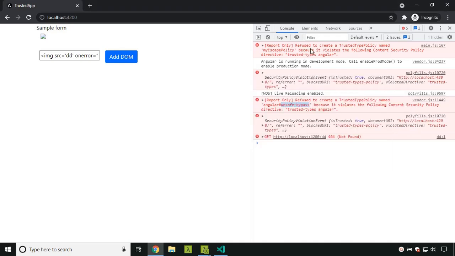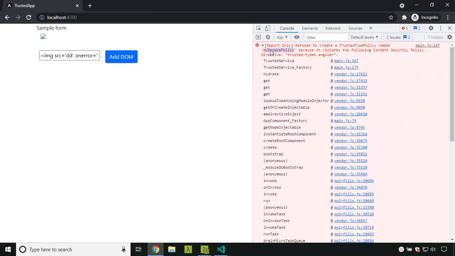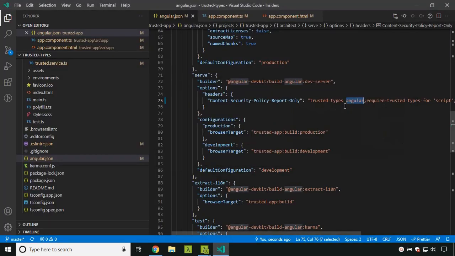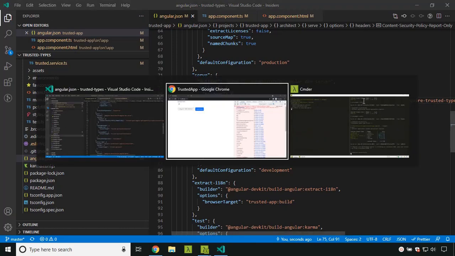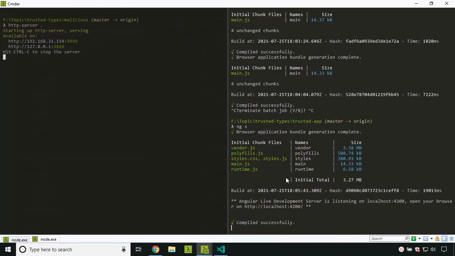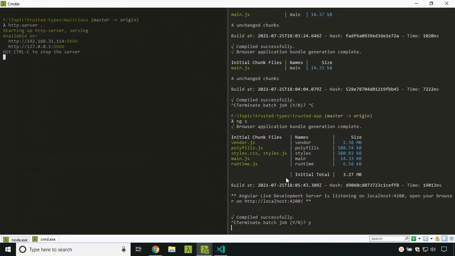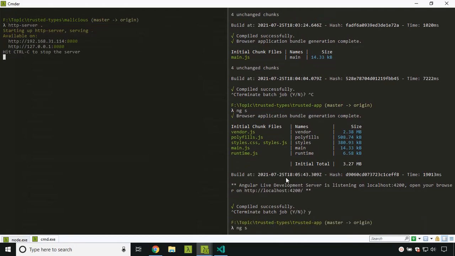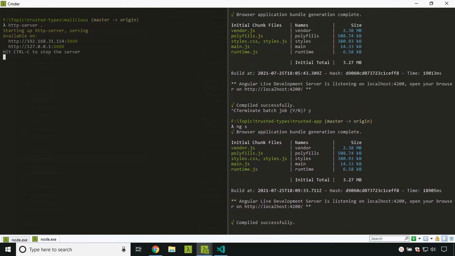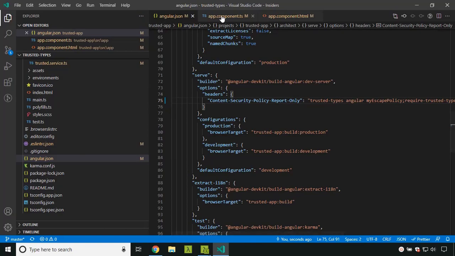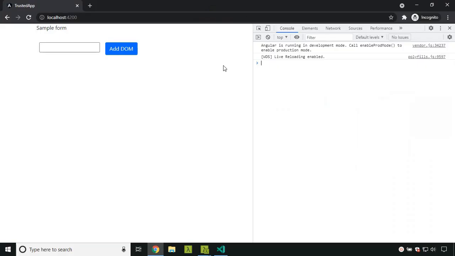Now in order to allow my escape policy, I will go to the Angular JSON and add this. When I restart the application, I will be able to run my trusted type. Now the application is restarted, and when I refresh the application, you can see that there is no error for my escape policy and the remaining things work as expected.